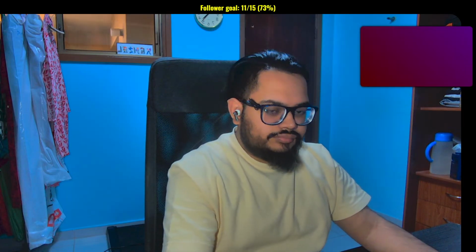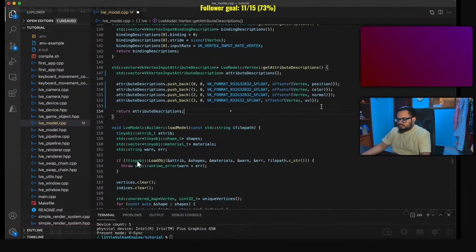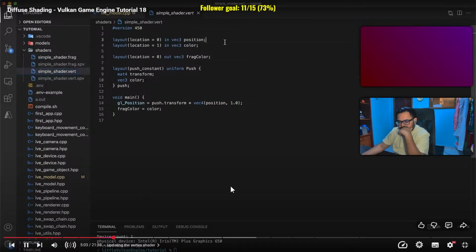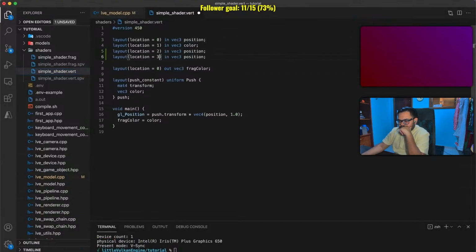Color, out color. R32G32 float, since texture coordinates only have two components. Next, we need to update the vertex shader. In the shaders directory, open simple shader.vert and add two more lines declaring the vertex input attributes. These attributes will be at location 2 and 3, so